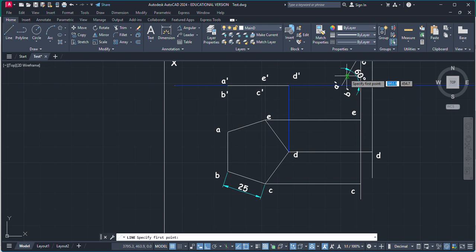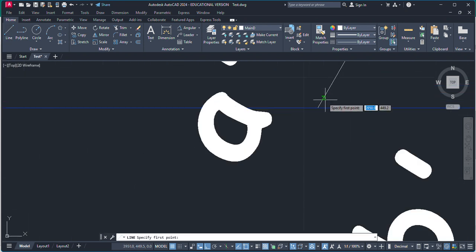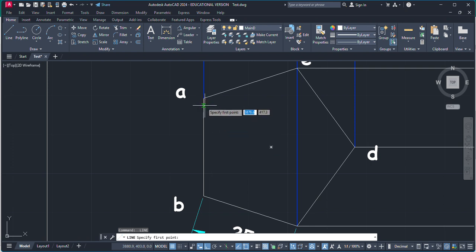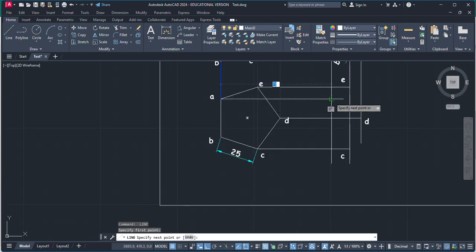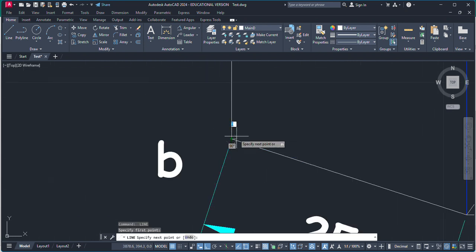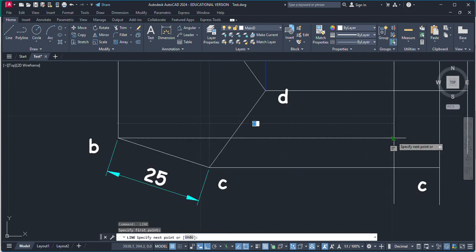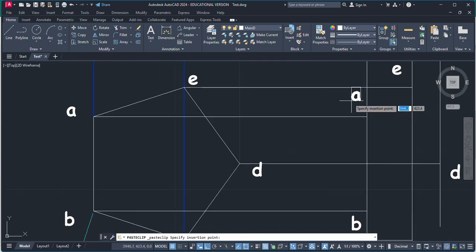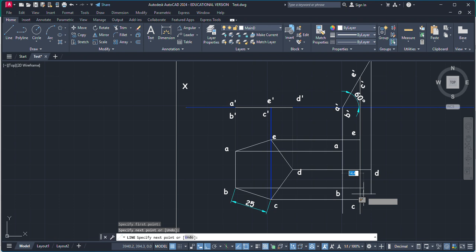Now again, this is our A dash B dash, which is on the reference line. So A dash and B dash will lie on this vertical line. Now just create a horizontal line from A. This is going to be A, and after this horizontal line, we will have a point B. Now just copy this thing. This is A. Now connect these corners, A, B, C, D, A. Now you can remove these lines,